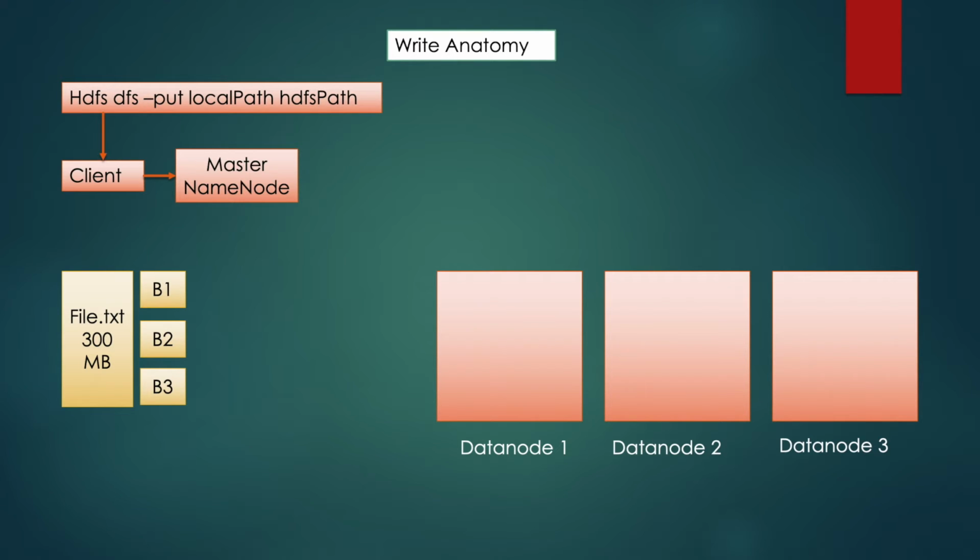Our master node, based on these three blocks B1, B2, B3, will create metadata for this data, like where we should store blocks B1, B2 and B3. So the metadata will look something like this. The file.txt is divided into three blocks, and block 1 will be stored in nodes 1, 2 and 3, and B2 will be stored in nodes 8, 7 and 5, and B3 will be stored in node 11, node 56 and node 76. In this context, let us assume that we are copying the block B1, and in this overall context we will see how this block B1 will get copied into data nodes 1, 2 and 3.